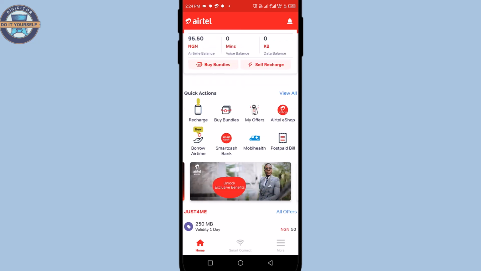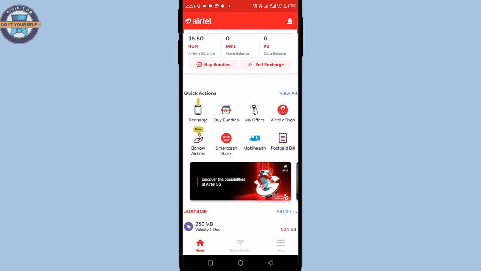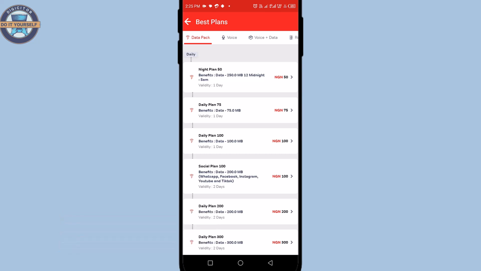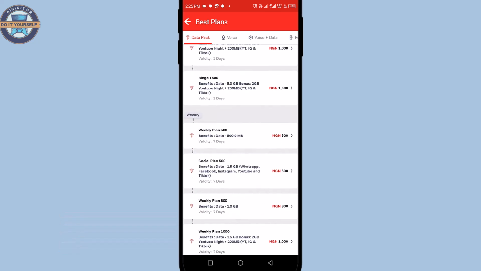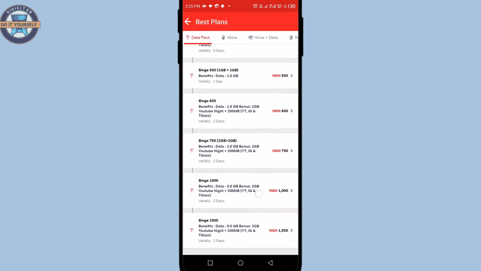So let's click view all. So you can see the charge, offers, smart cash, share time gains. Then here for offer, you see what's on offer here, data pack, you can see it here, weekly, you have daily, you have weekly plan,